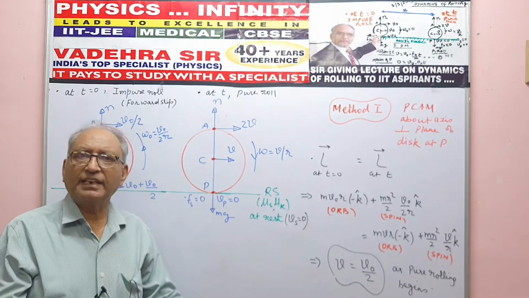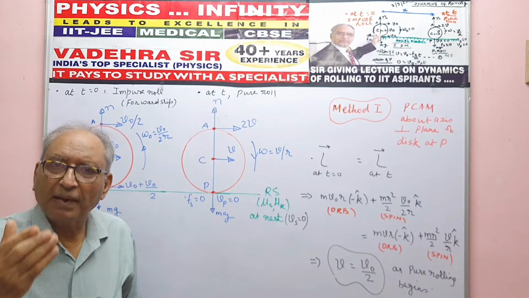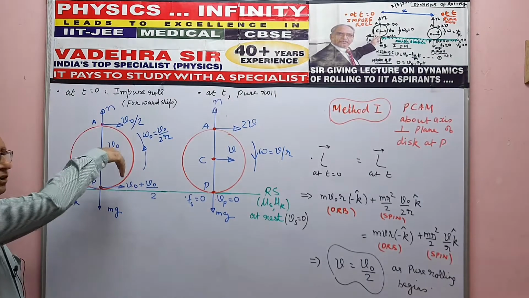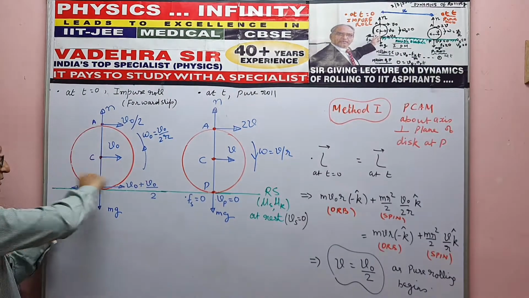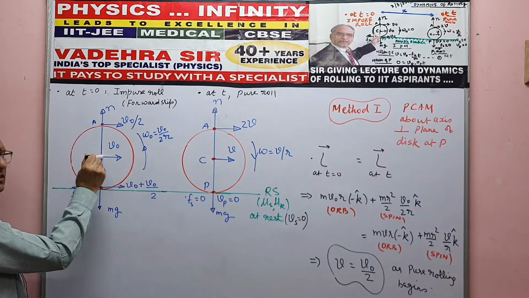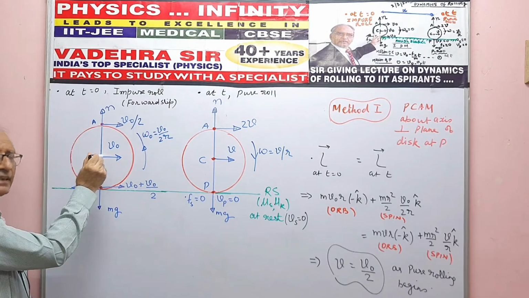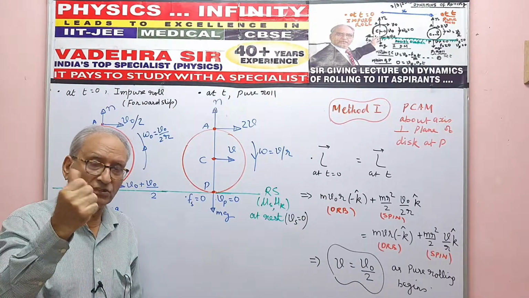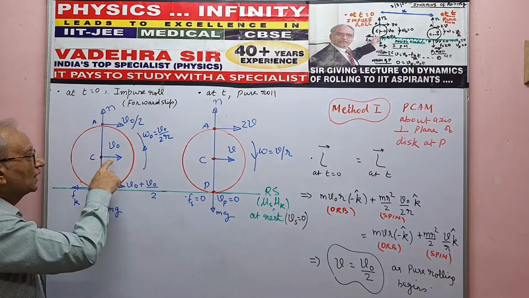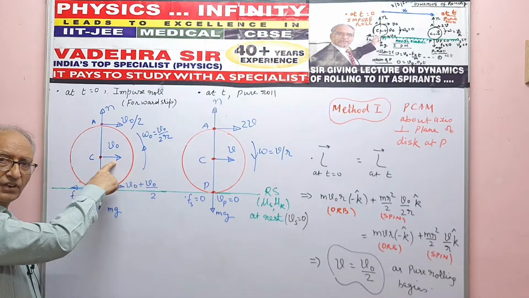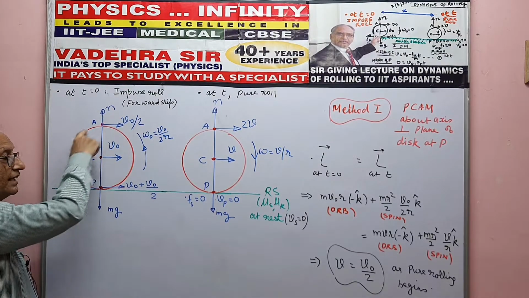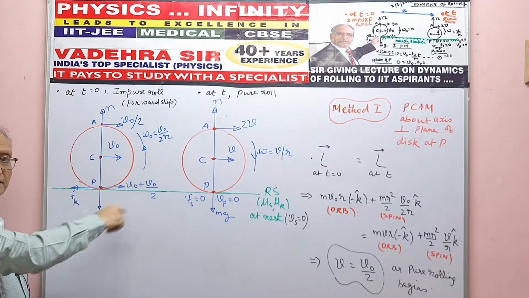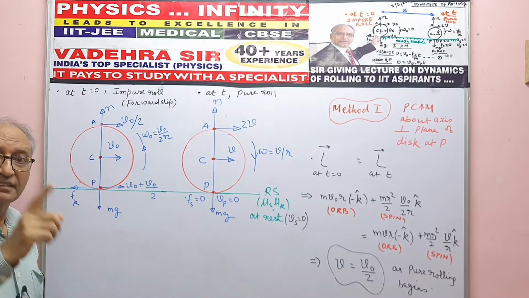The Fk will create the torque that is along minus k cap, clockwise torque about an axis through C perpendicular to the plane of disk. So Fk is doing two things. Number one, it is trying to decrease the translational velocity